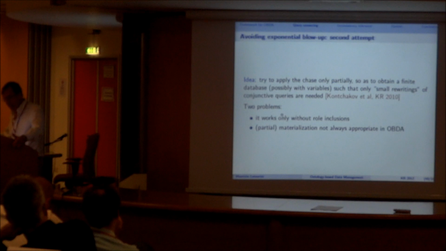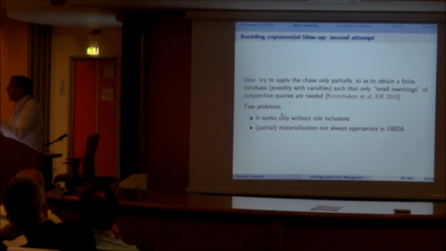So what can we do? We cannot just materialize in another database, but one could try to apply the chase only partially. Instead of materializing the whole thing, you could materialize a certain set of facts, hoping that the rewriting step, since you know you have this object already pre-computed, is small. There is a nice approach by Kontchakov et al., published in KR 2010, that tries to do this. They call it a combined approach: they materialize part of the objects and then rewrite the query.